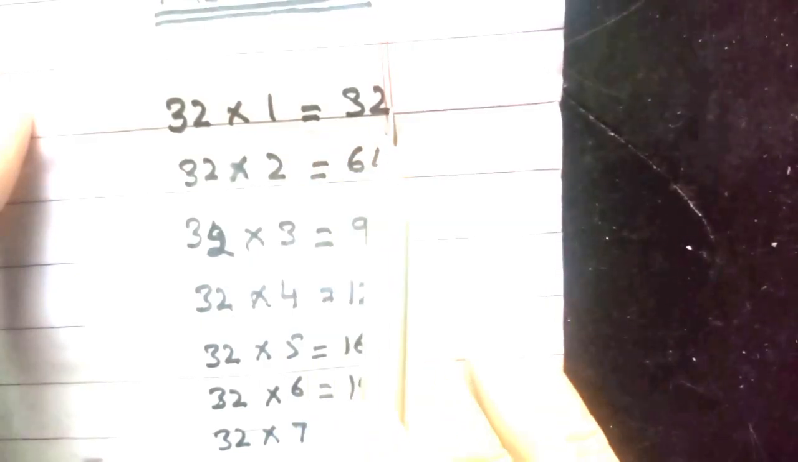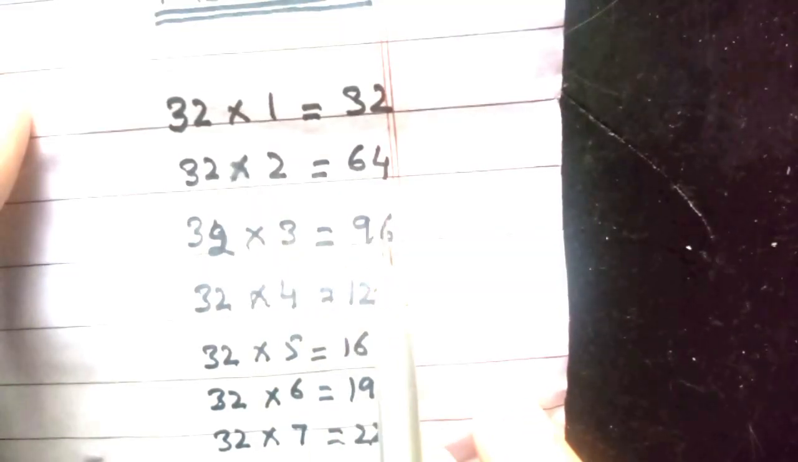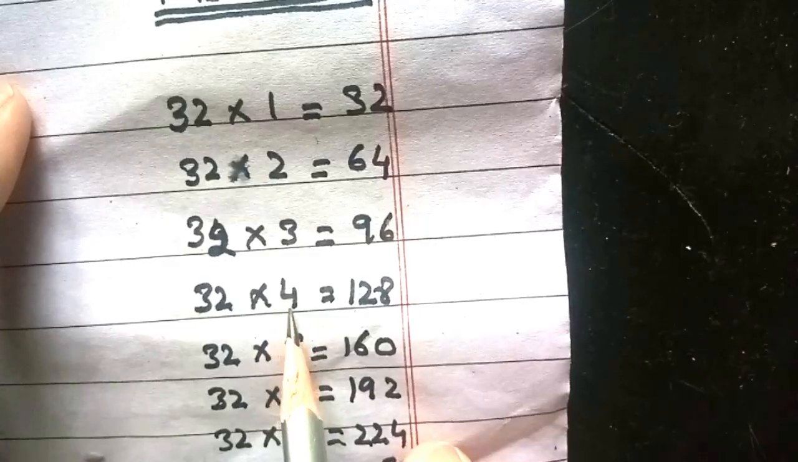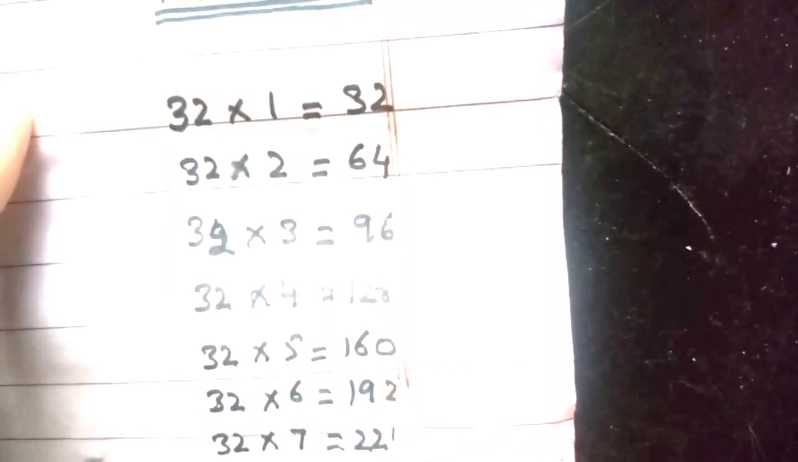32 ones are 32, 32 twos are 64, 32 threes are 96, 32 fours are 128, 32 fives are 160,